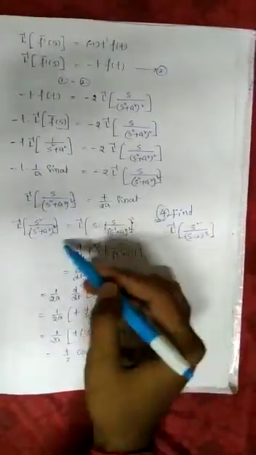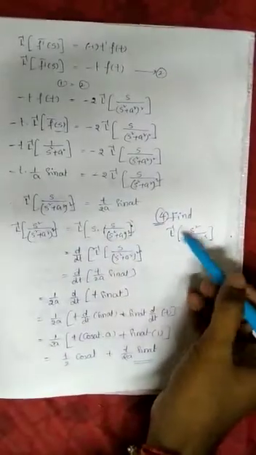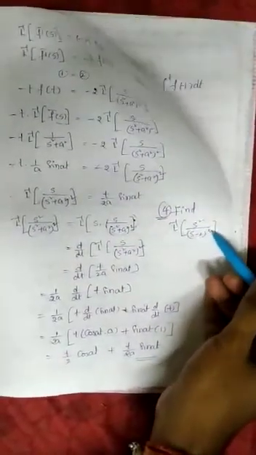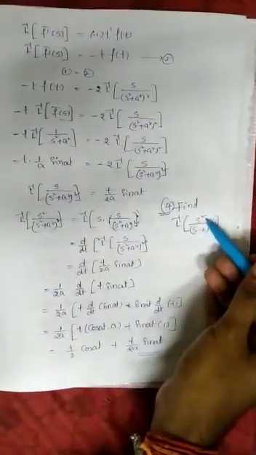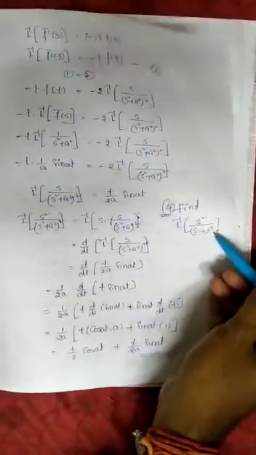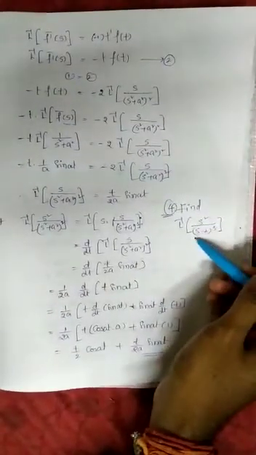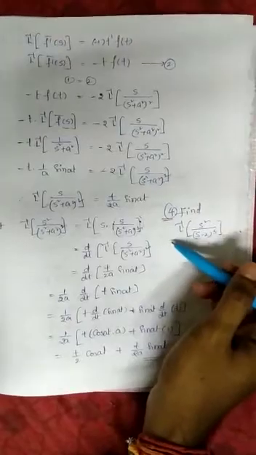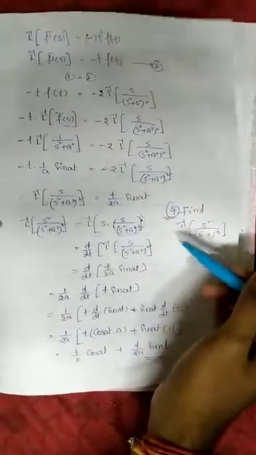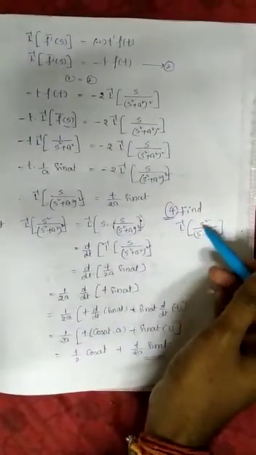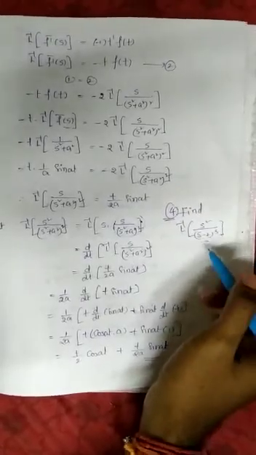Similar to this problem, solve this problem: Laplace inverse of s square by (s minus 2) whole cube. Write s square as s into s by (s minus 2) whole cube, that is d by dt of s by (s minus 2) whole cube. Then again write that s, so again you will get d by dt into d by dt. Similar to that problem, solve this problem. With this, multiplication by s is complete.